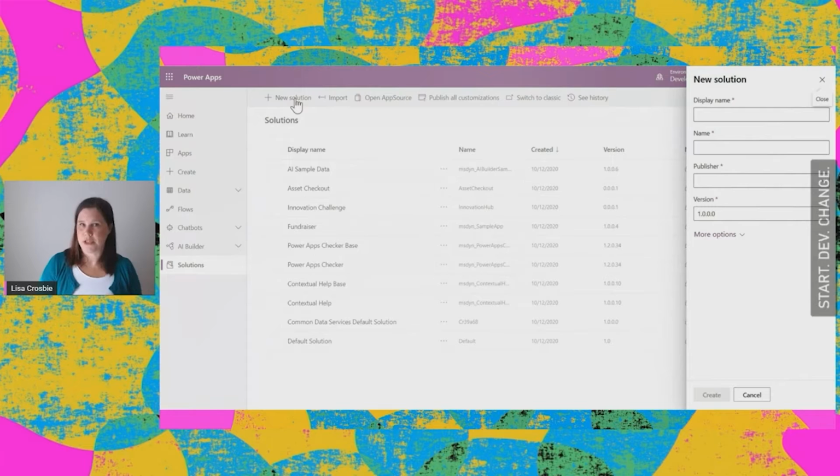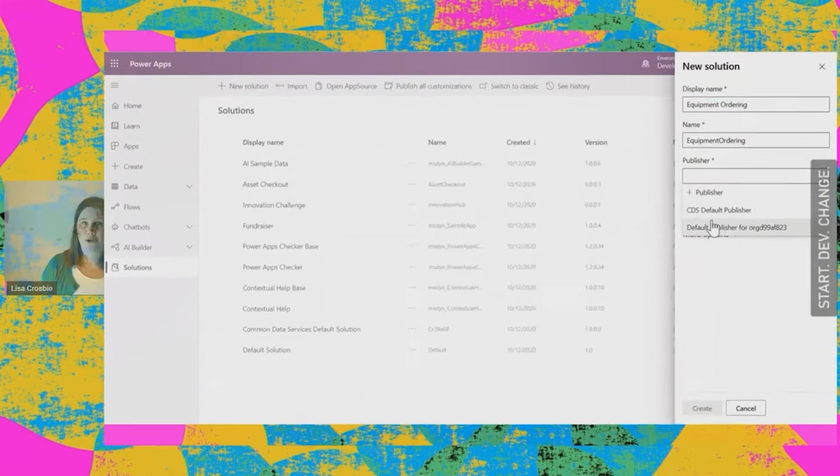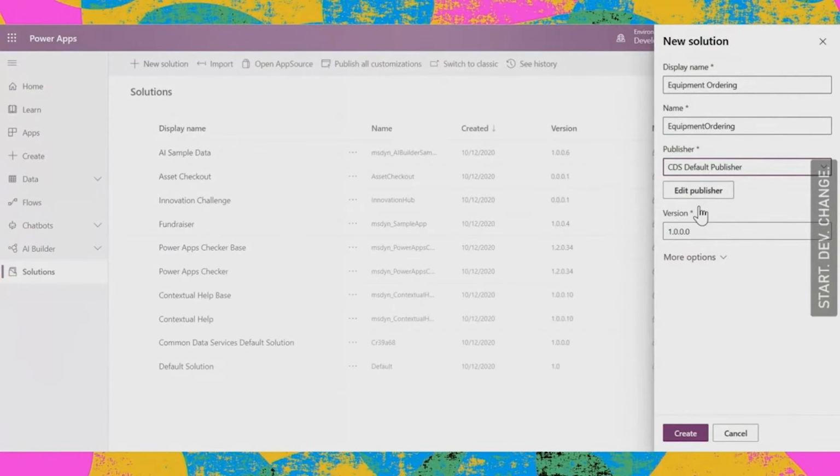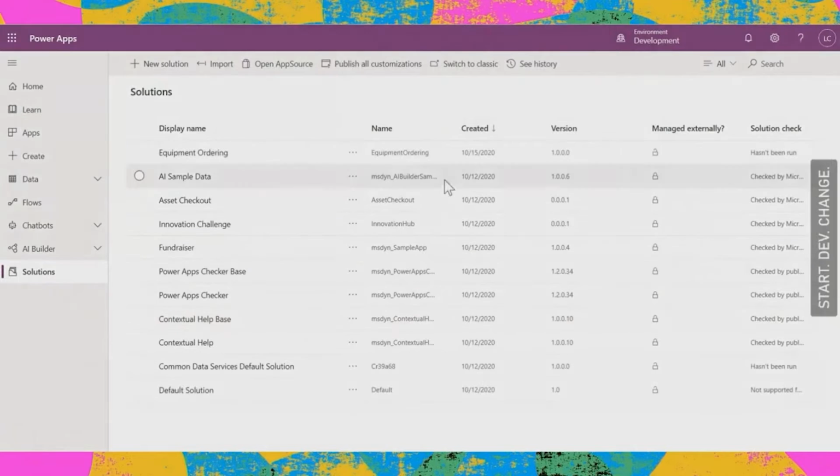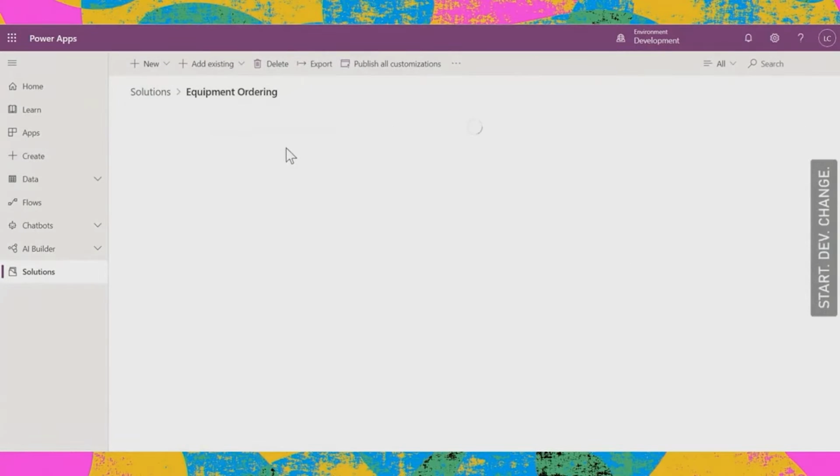But to get started with building your own app, the first thing you're going to do is create what's called a solution, which in non-technical terms is just a bucket in which we're going to put all the stuff we build. So we're going to build an app, we're going to build a data model, and we're going to contain all of that in a solution, which means that we can move it around and use it in other places if we need to, and it just keeps everything together. So you'll see I've created my solution, and that's it. It's just a holding bucket at this point.